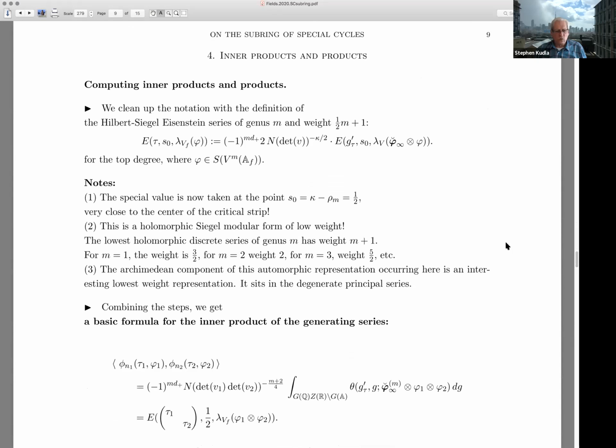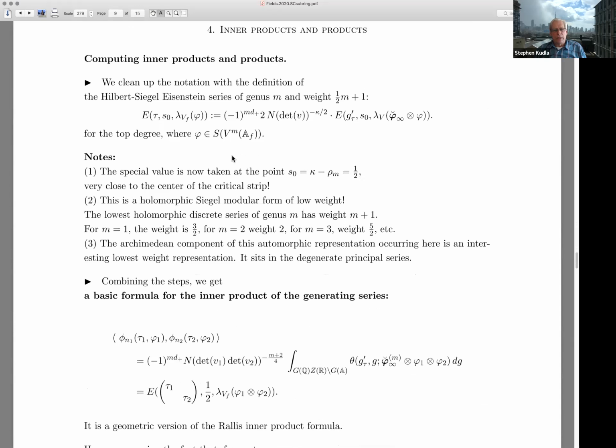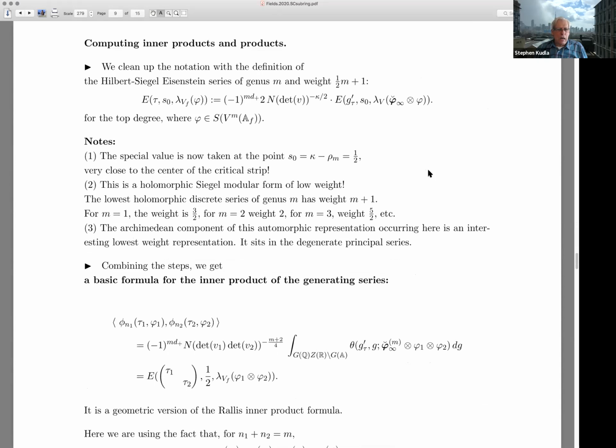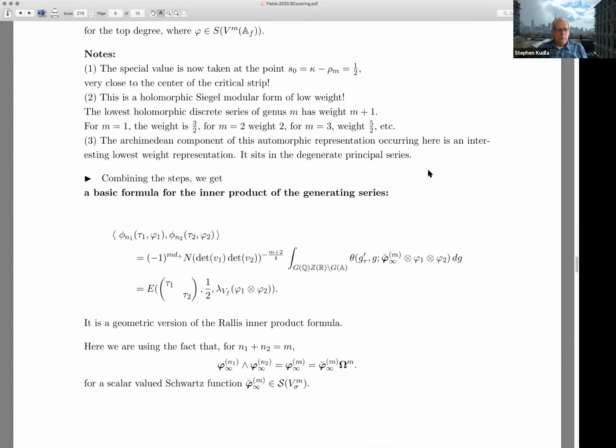I'm going to clean things up a little bit. You see, I want to evaluate at s naught, but there's this extra garbage that comes out in front here. So I'm just shortening the notation. And so now, here's what happens. That formula we had above specializes to this. The cup product is given by this special value at a half of the Eisenstein series. Notice that we are deep inside the critical strip here. Okay, so 0 is the center of the critical strip, and we're at what you might call the Tate point, if you were looking at